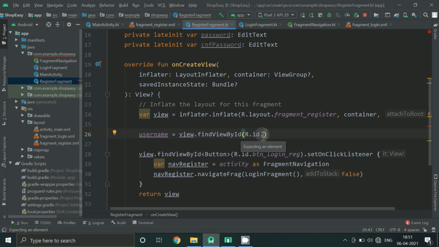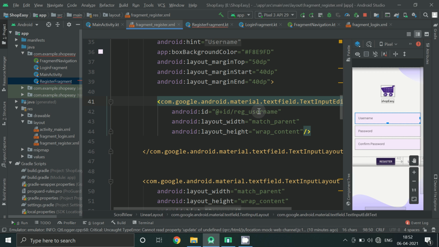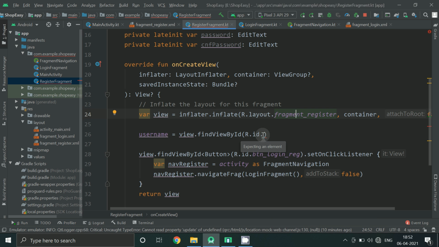And now here we are going to initialize all the three views by checking the ID of this. So let's check what was our ID. And write the same here.